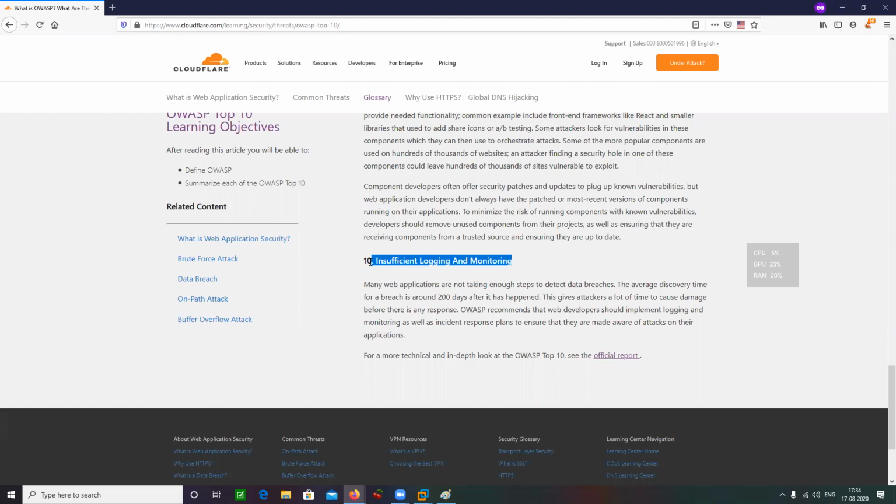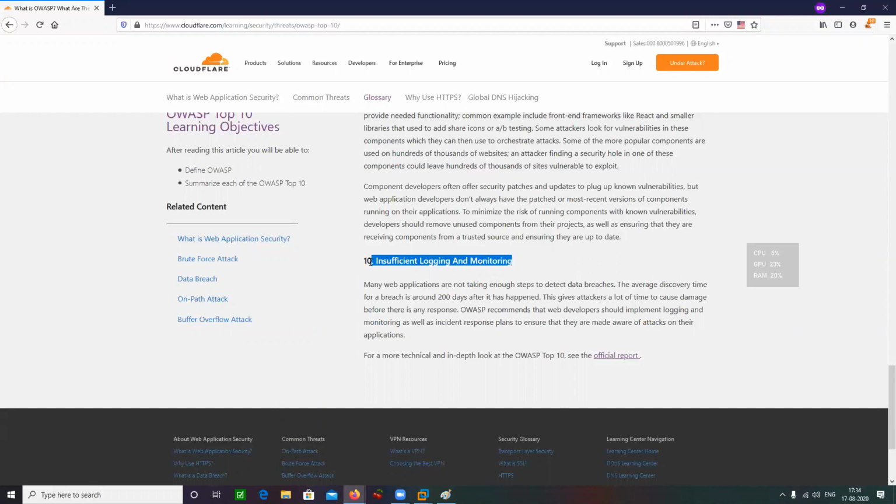Then there is another thing known as monitoring. Let's say you are creating sufficient logs, but you are not monitoring those logs. What does monitoring mean here? It means you do not look back into your logs on a daily or weekly basis. If something bad is going to happen, the attacker is not going to exploit your website in a single day. That is not possible.